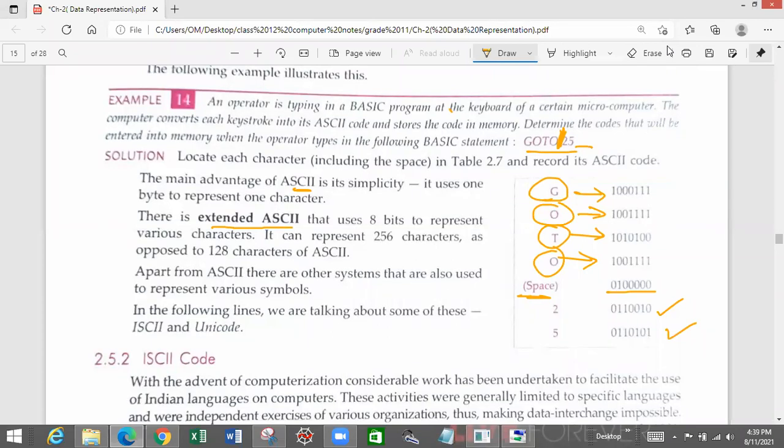So if somebody asks you why we moved from ASCII 7 to ASCII 8, what was the reason? Earlier we had 7 bits, so we had 2 to the power 7 symbols or values. Now we have 8 bits, so this is 2 to the power 8 symbols. Earlier we had 128 symbols. Now 256 symbols can be entered using the computer coding scheme.